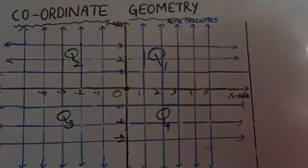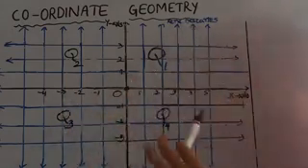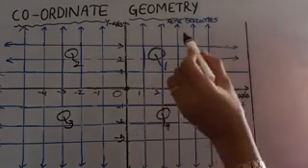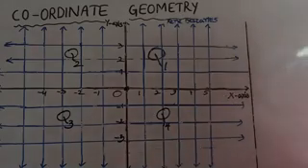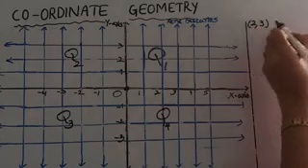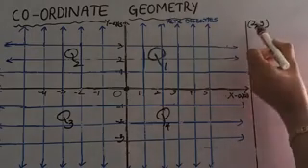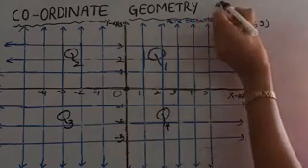This is called the Cartesian plane. On the name of René Descartes, this is called the Cartesian plane or coordinate plane. These are called coordinate axes. Now, here let us take some point. We have discussed that two references have to be represented here. Let us take some point 2, 3. This is point 2, 3. Here, the first one is called the x coordinate and this is known as abscissa.